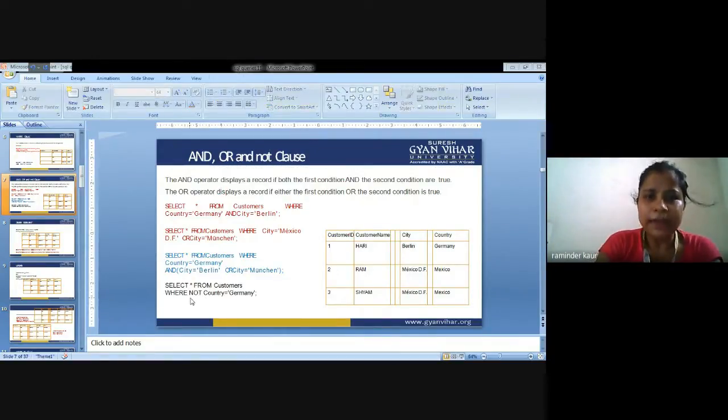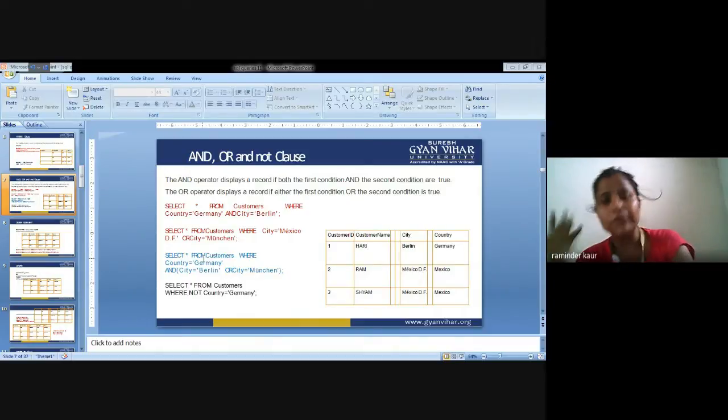Now SELECT * FROM customers WHERE NOT country = 'Germany'. NOT is the clause here. These two records will be fetched and this will be discarded. In this way, you are supposed to use these three clauses: AND, OR, NOT.